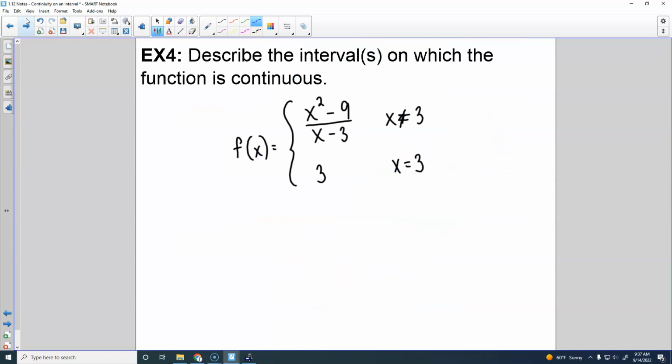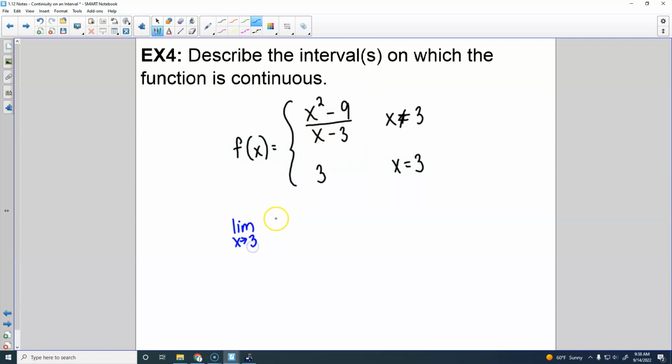All right, we were supposed to describe the intervals on which this function is continuous. So this is kind of like that last way I worded the question, right? What we really need to know is where it is not continuous. And then when I know where it's not continuous, I can tell the intervals where it is continuous, right? So we're using this function right here everywhere except at x equals 3. So I need to know what this limit right here is. So I'm going to do the limit